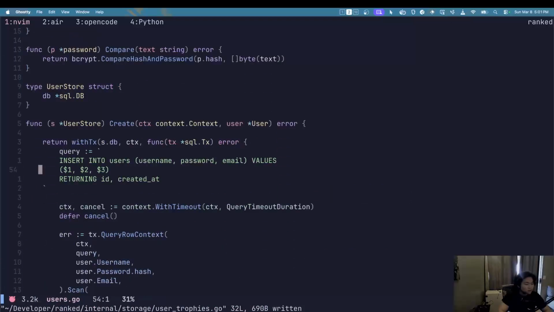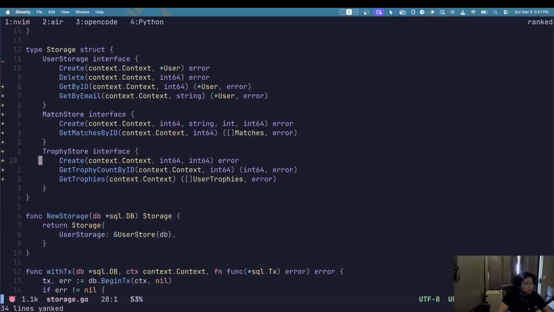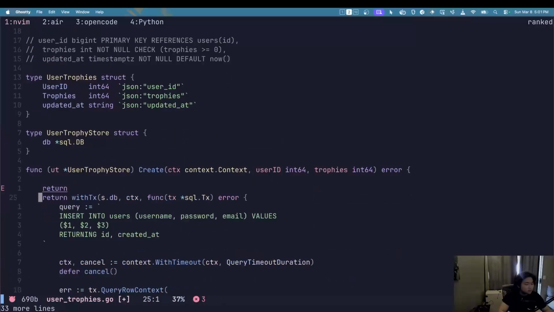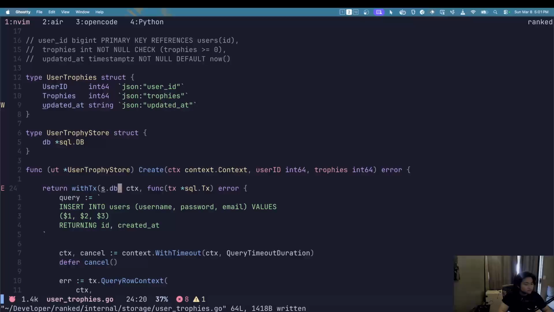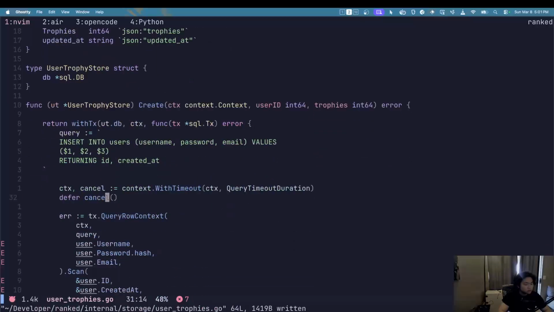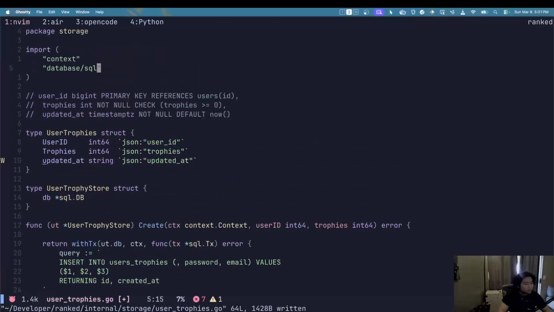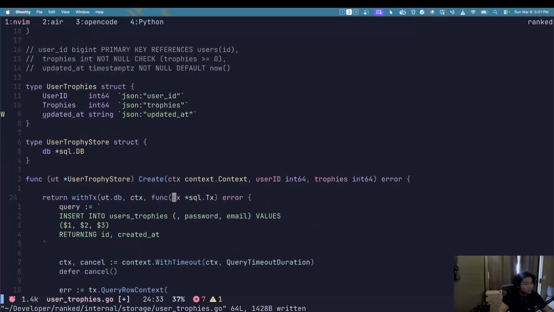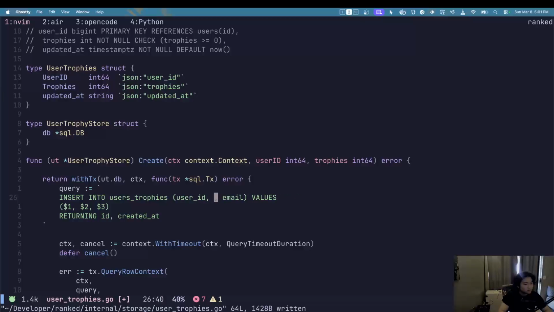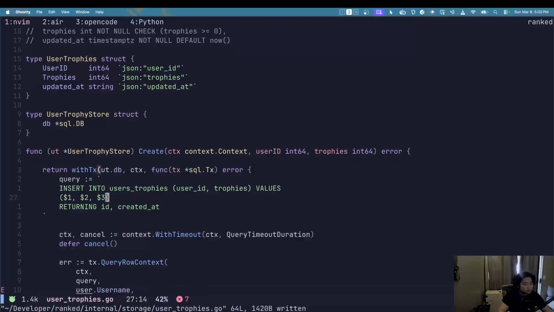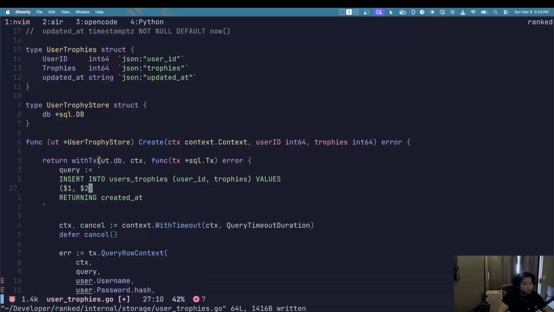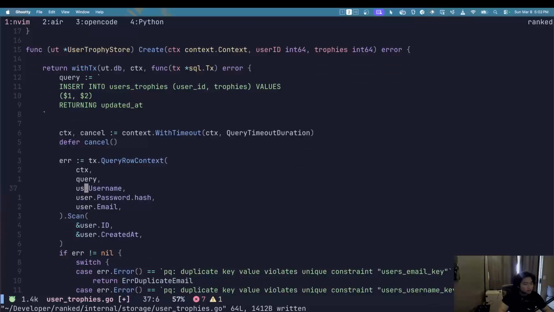Okay, let's get some of the query going. I'll copy basic something like this. Storage, or actually should be this with TX. UT. Insert into user trophies with user ID, trophies, and that's it. Returning updated at, right? And then we will basically slash that into